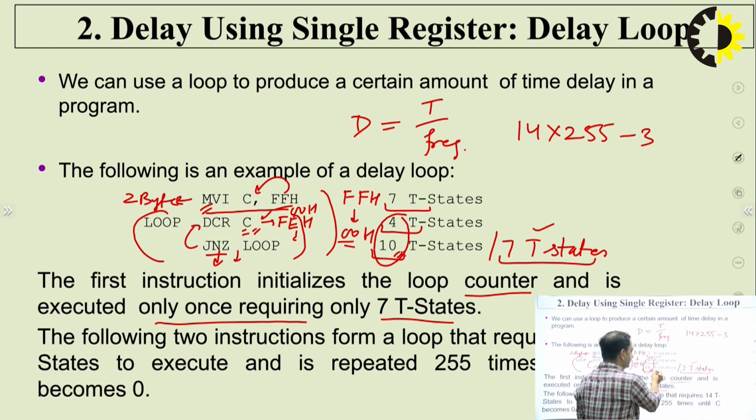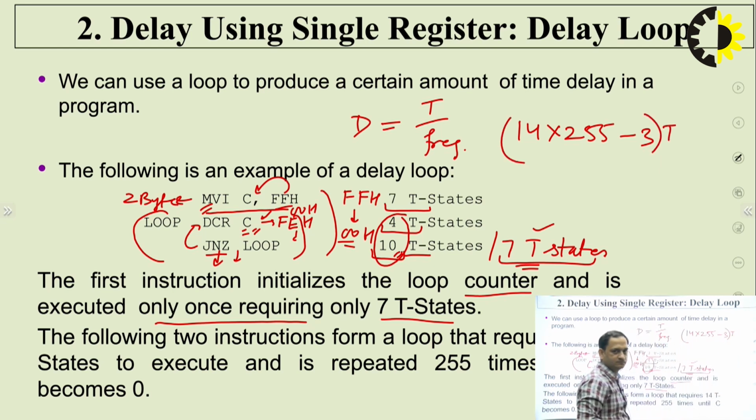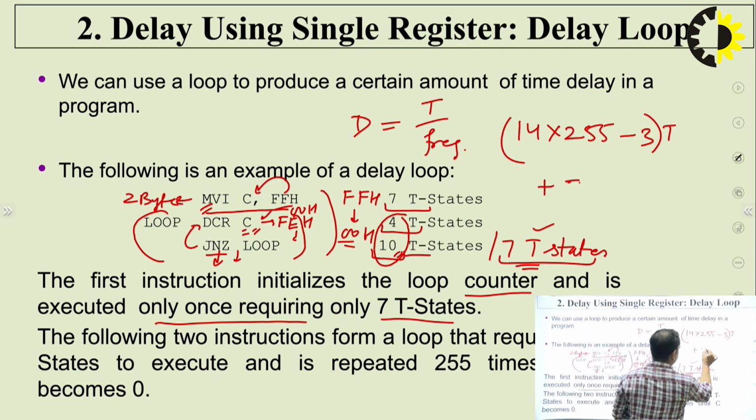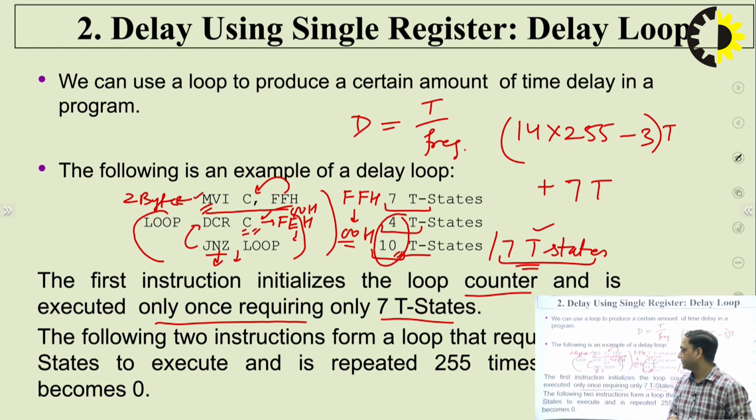Obviously, previously it was 10 T states and now, in the last cycle, it becomes 7 T states. So it means we have to subtract the 3 to find the total T states, plus 7 T states from this case, MVI C, FFH. So this is the total